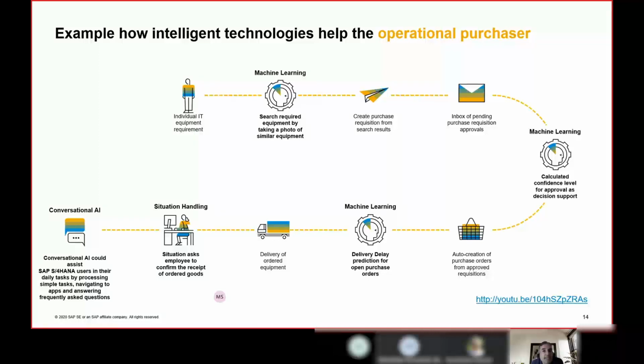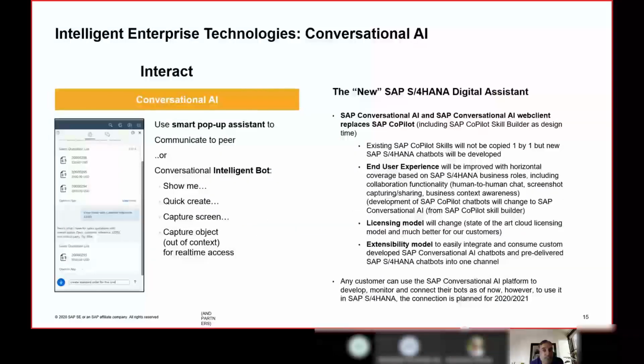A user can also interact with the system directly using conversational AI, using the system as a digital assistant who can guide on what the status of the request is and by when the material will be delivered to him. So this makes the entire business scenario more efficient. And you can refer to these YouTube videos to see how the end-to-end scenario is becoming more efficient.